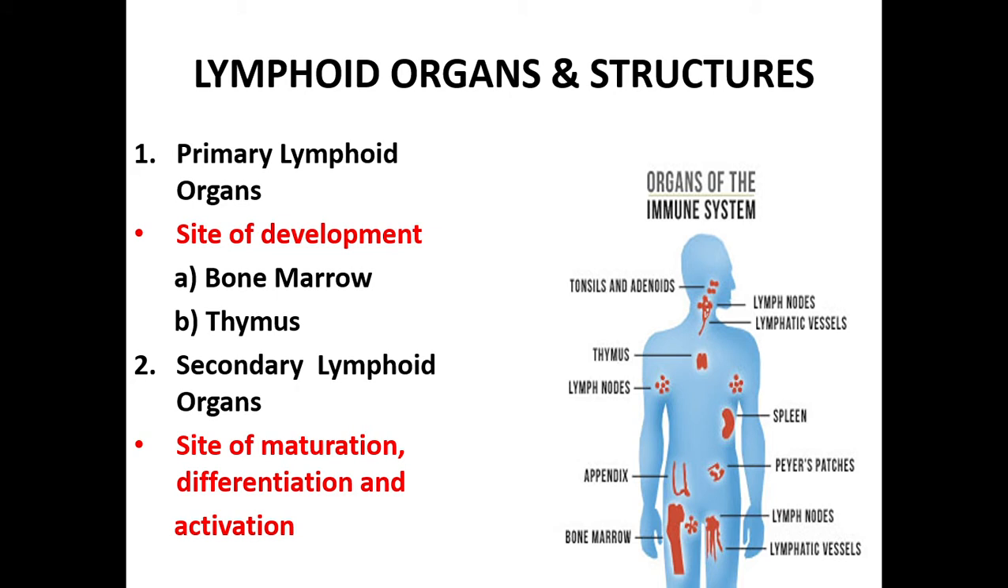Let us take up first organs and structures involved in immunology. And these are divided into two. We have the primary lymphoid organs and the secondary lymphoid organs. The primary lymphoid organs are the site of development. We have the bone marrow and the thymus, while the secondary lymphoid organs are the sites of maturation, differentiation, and